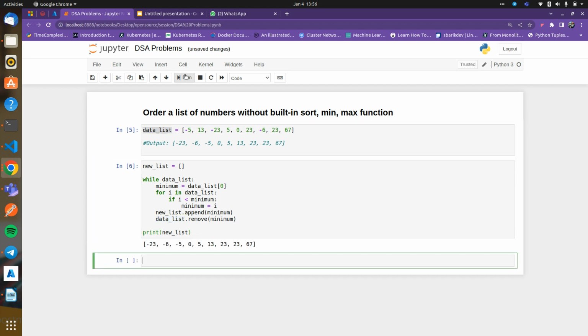If I run this, it will give me the output of the numbers in sorted order without using the maximum function, minimum function, or sort